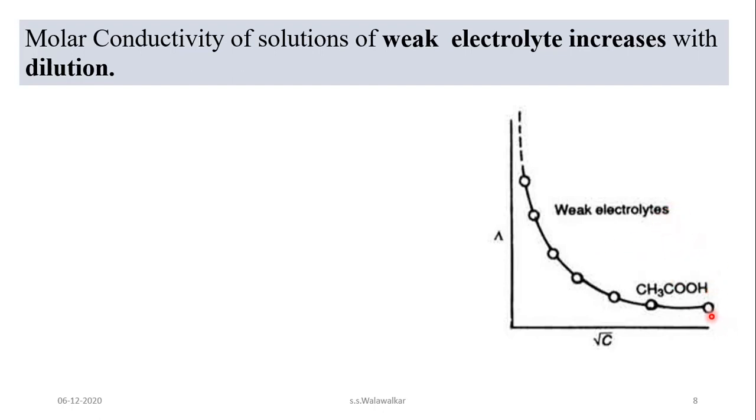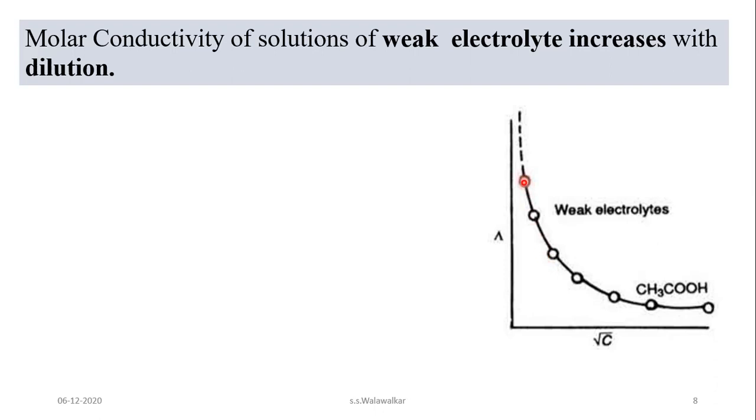So at first, whenever the concentration is more, then molar conductivity is less for weak electrolyte also. But as you go on increasing the dilution, go on decreasing the concentration, then molar conductivity goes on increasing, and after some time it suddenly increases